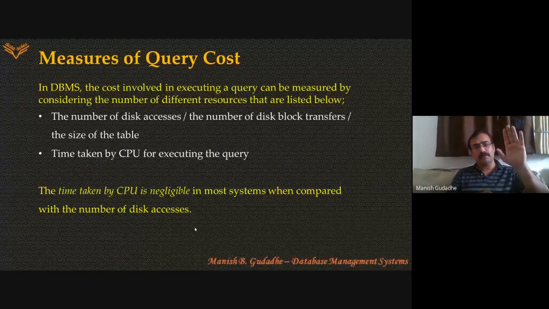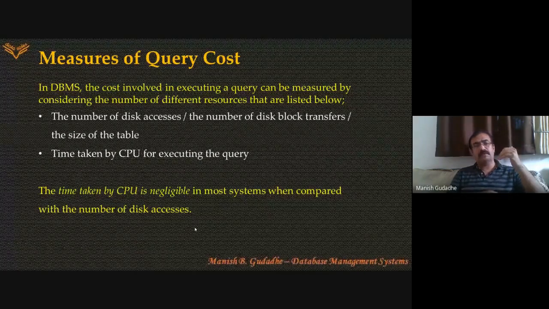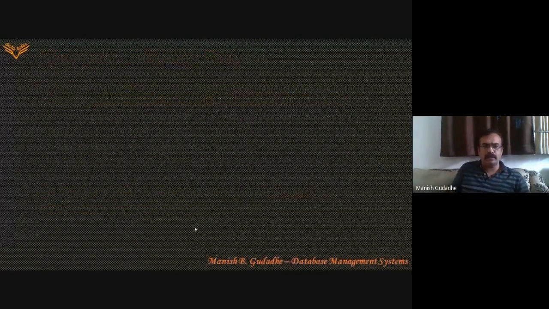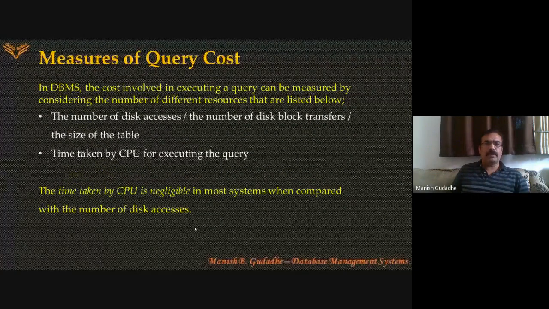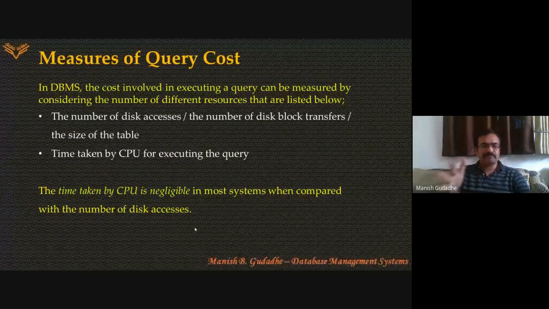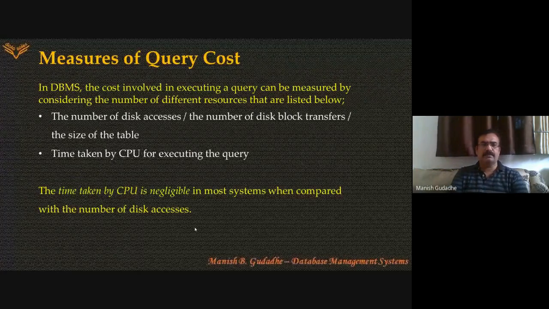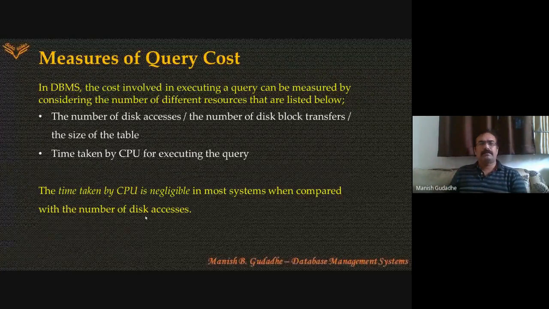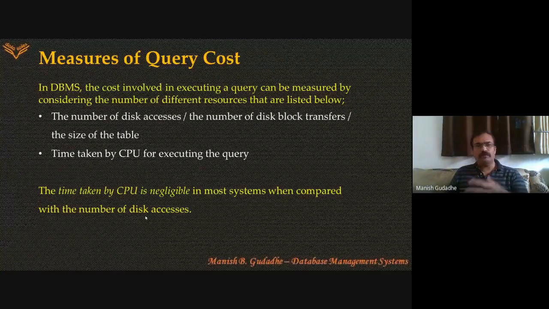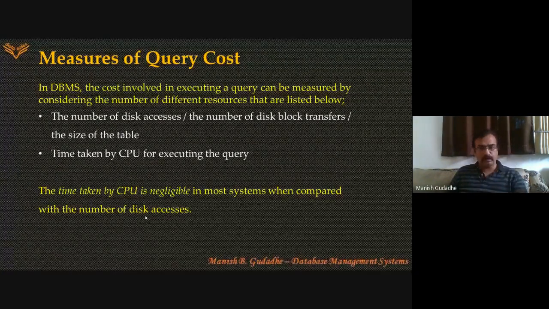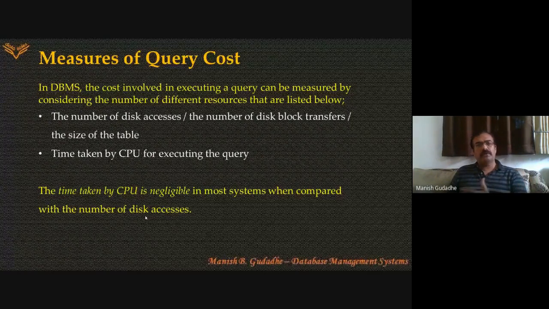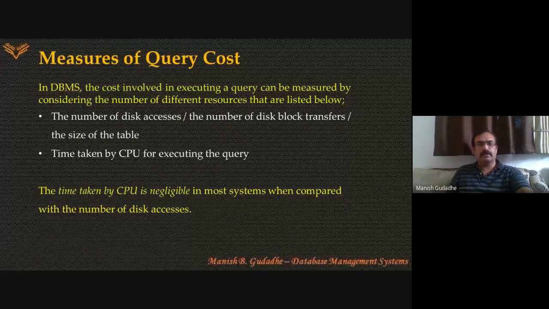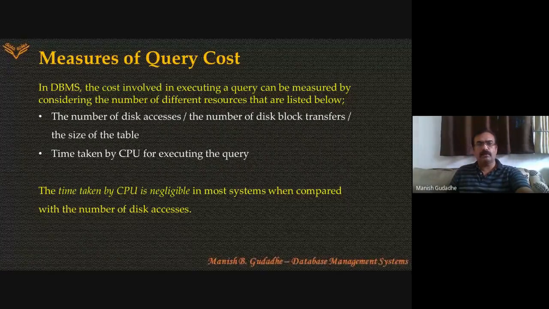But if I am talking about the disk access time, transfer time, and the buffer consumption, the CPU time is very negligible. The CPU is comparatively very fast, and generally that becomes negligible when we are talking about the rest of the cost. The CPU is going to be in continuous execution, and most of the time it will be parallel processing or a threaded environment. So if one thread is not working, it is going to operate on some other one.